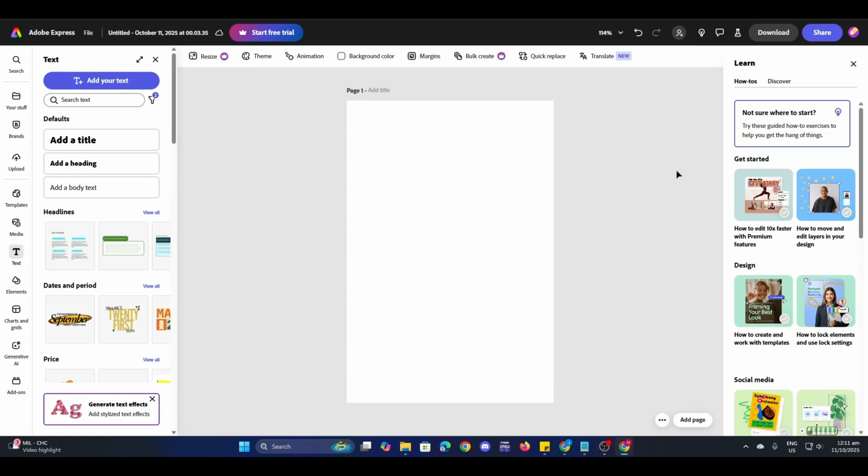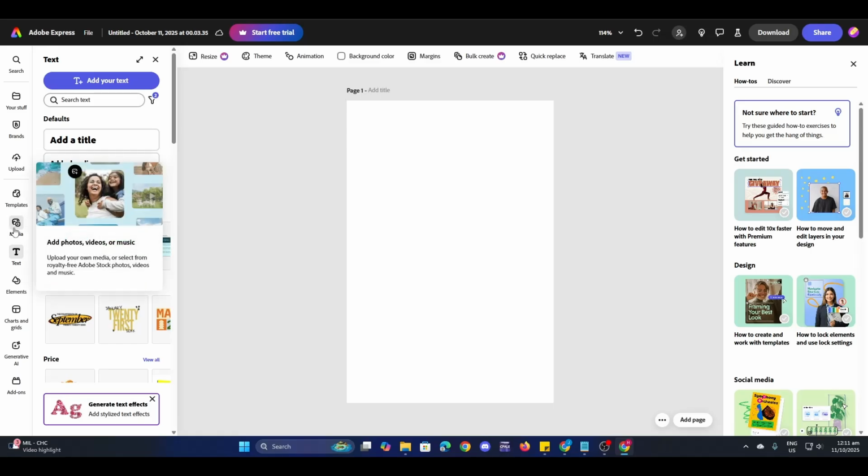How to add nice backgrounds to Adobe Express. So first, open Adobe Express and then just open up a new project. So now I have a blank canvas here, right? So since we want to add nice backgrounds to this, you can just click on media here at the left